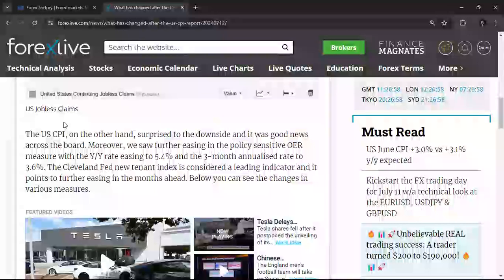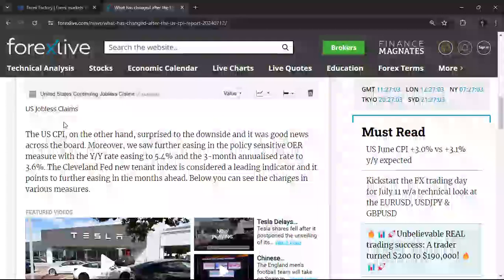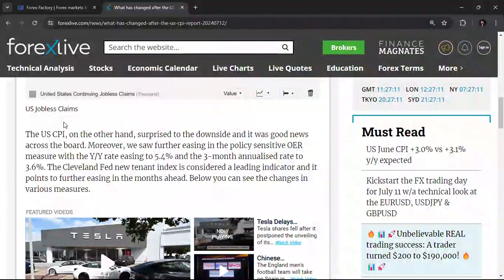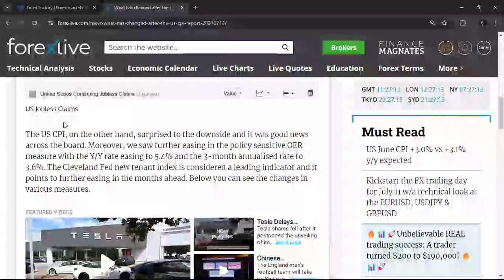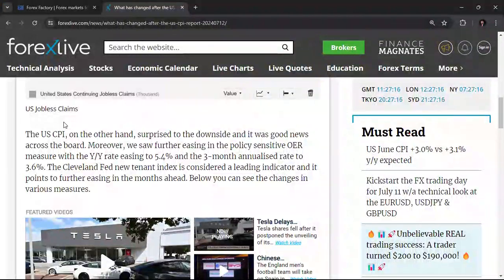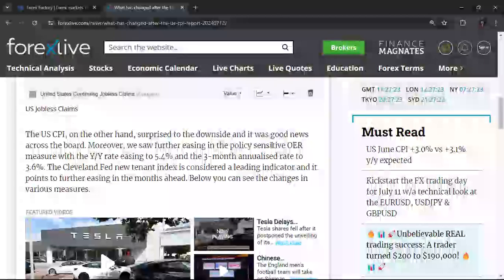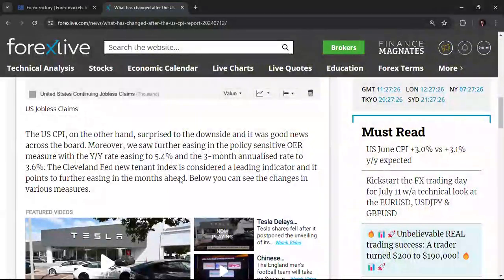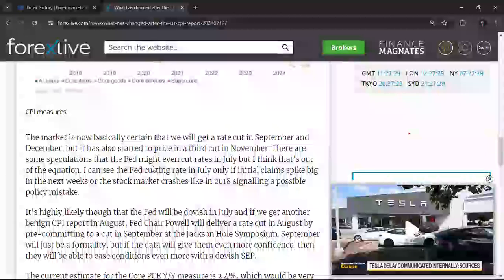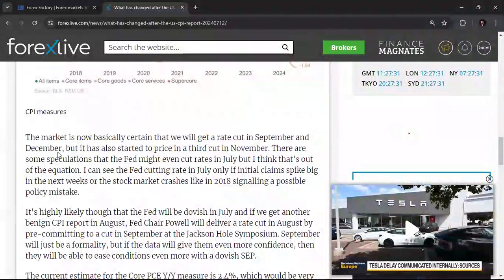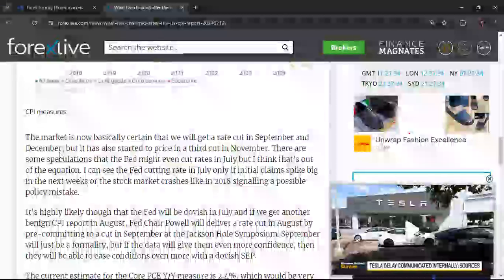It says the US CPI, on the other hand, surprised to the downside, and it was good news across the board. Listen, good news in the sense that a weak inflation data means it is okay for the Federal Reserve to consider cutting interest rates without worrying about how the economy is going to react to that, right? So if you look at this, it says, moreover, we saw further easing in the policy-sensitive OER measure, right? Let me see the major thing. Okay, this is the major one I want to read. It says, the market is now basically